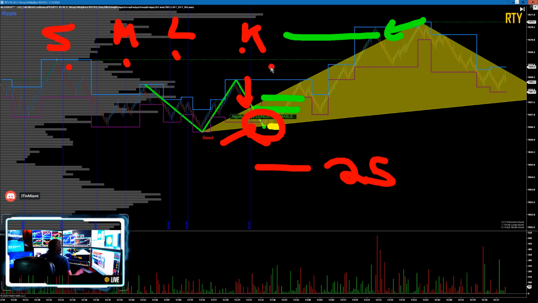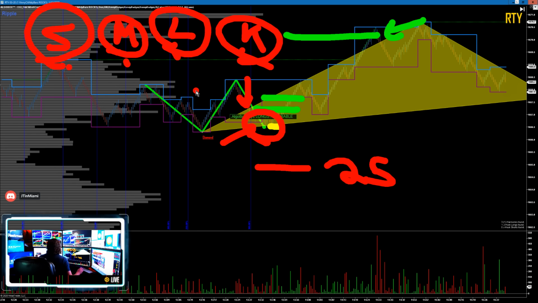And king means bigger moves. These are the size of the move. You should expect a small move on a small, medium move on a medium. You get the picture, right? Large. Again, think about this. If you had a dot right here, look, that's a pretty large move, right? But this is a king, baby. Look at that move. That's what we're trying to time.